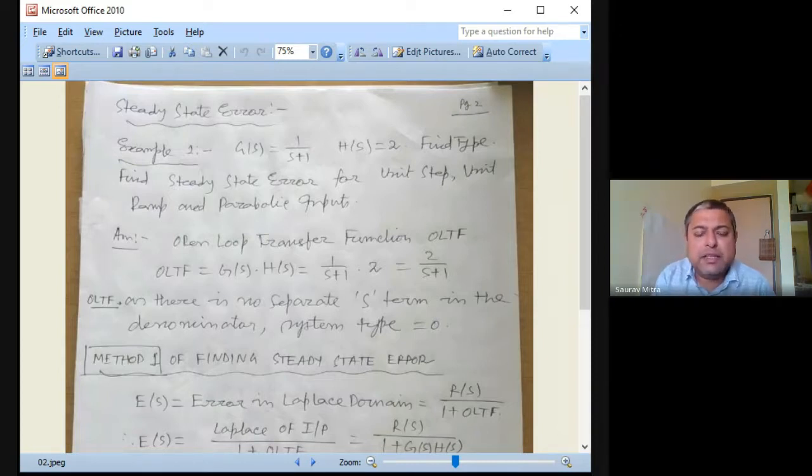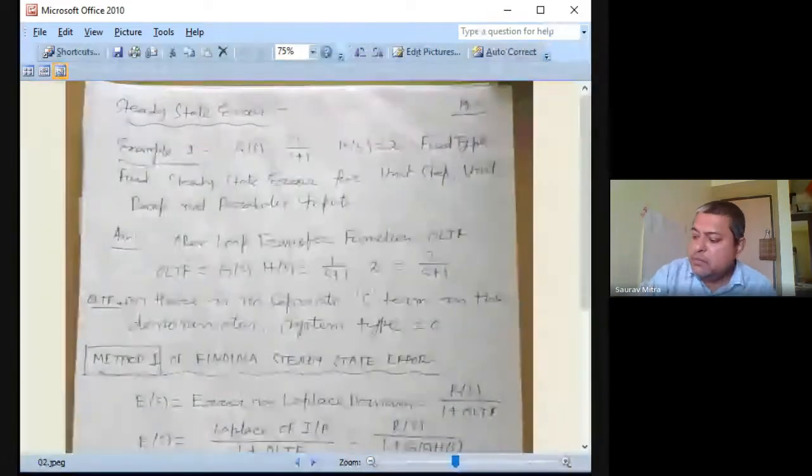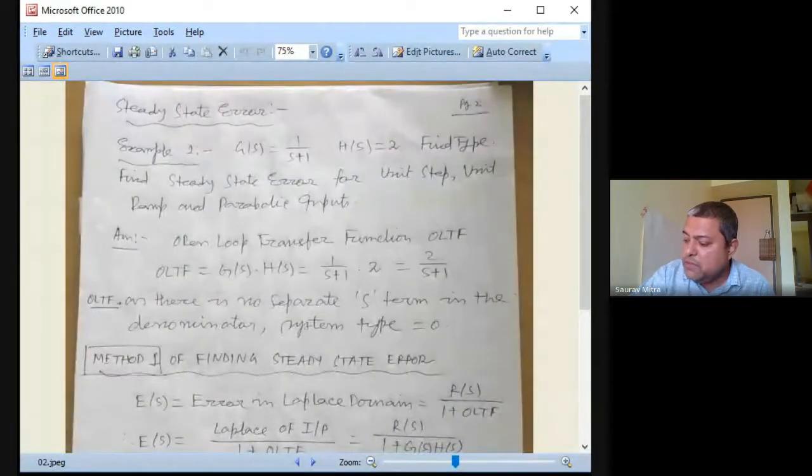So you take your system, you can take system as 1 by s plus 5, you can take 1 by s plus 7, so let it be different for others. Somebody wants to take suppose 1 by s plus 3 into s plus 5, that also you can take. At the denominator instead of 1 you take 2 poles. So 1 by s plus 1 into s plus 3, that you can take as G(s), and H(s) always take as 1. That is my suggestion. These are the different kind of type 0 G(s)H(s) you can take.